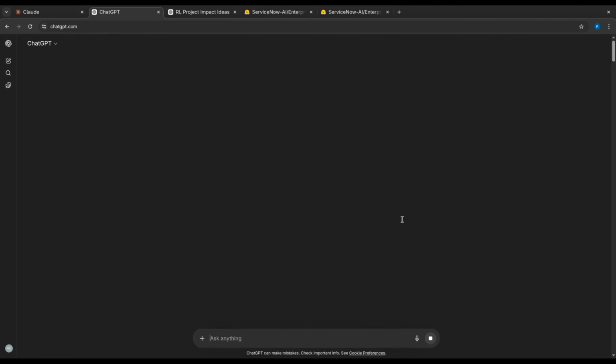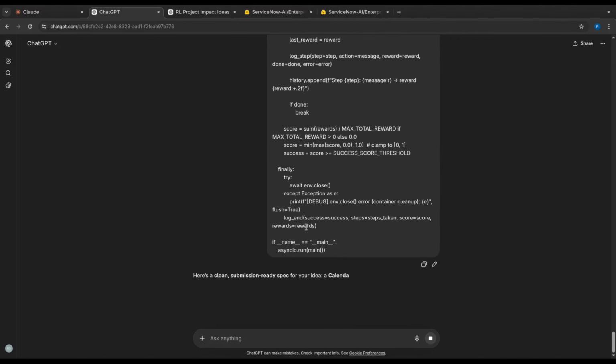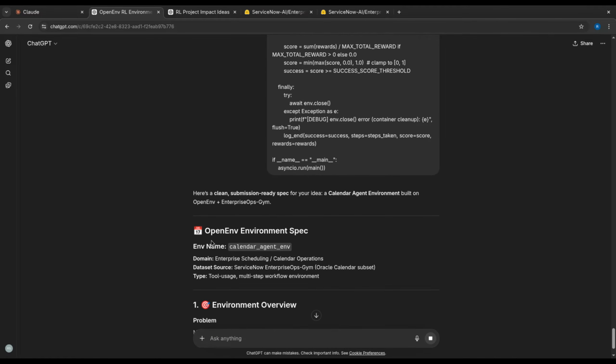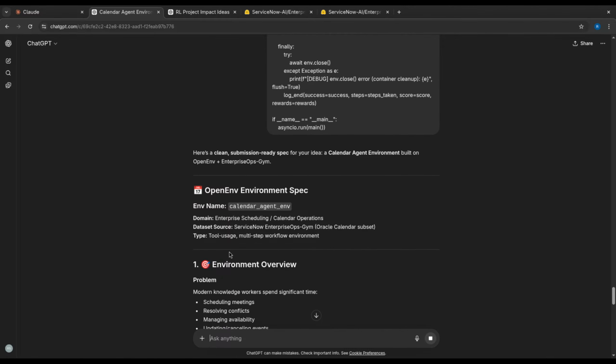Okay, let's try to create a spec first. Here, open environment. So the domain is enterprise scheduling, calendar operations, data sources, ServiceNow, environment based. This is nice. And the type is tool usage.